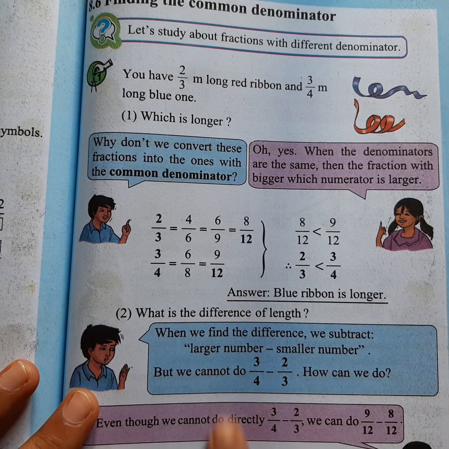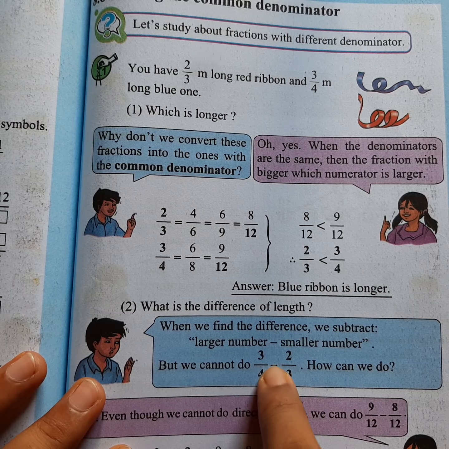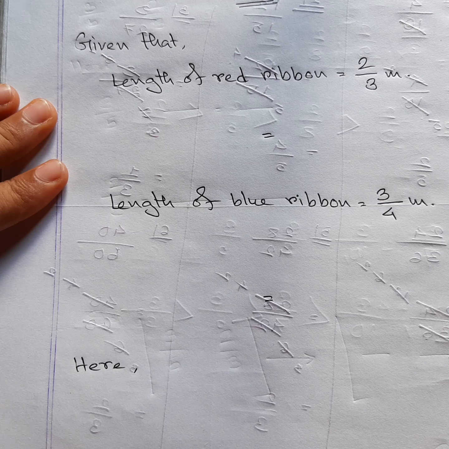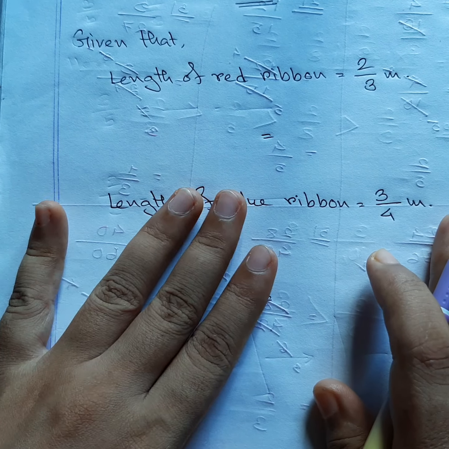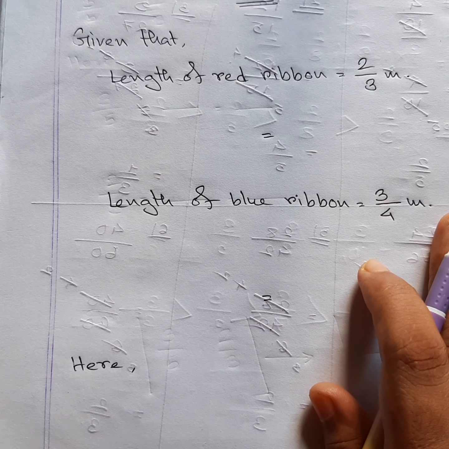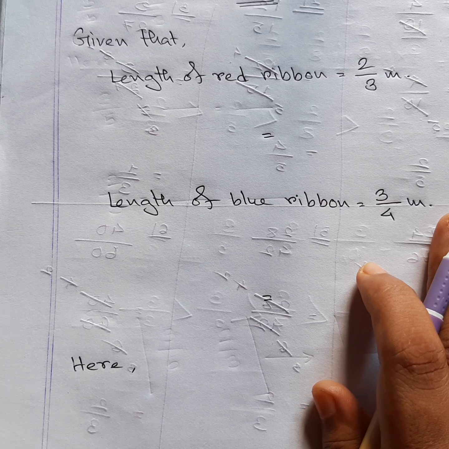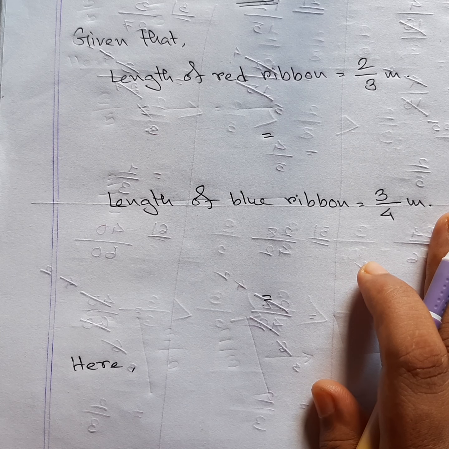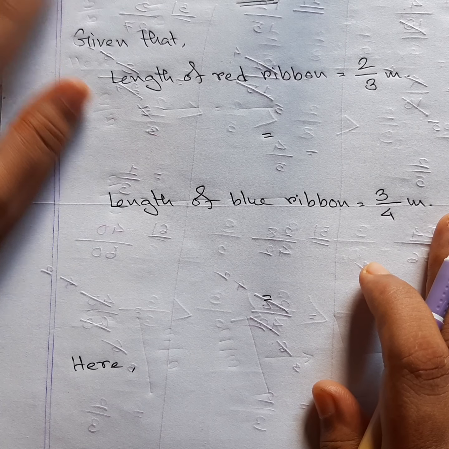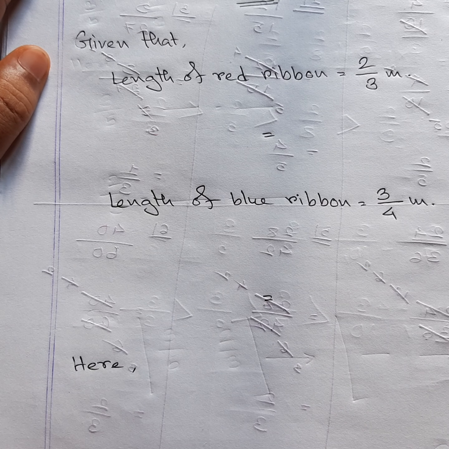This part I am going to do in my copy, so please stay with me. This is my copy, and I am doing this math in this manner because in your book they are saving space and saving ink. As I always keep telling you, they do the math in a short way as far as possible.